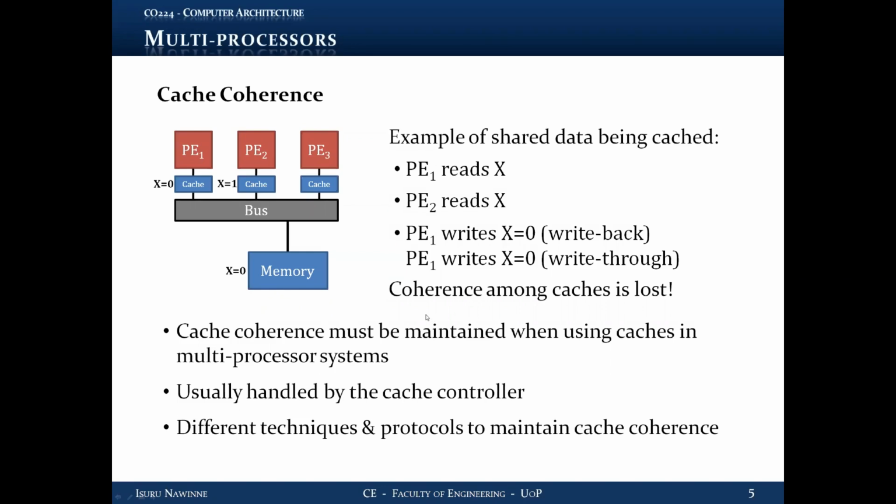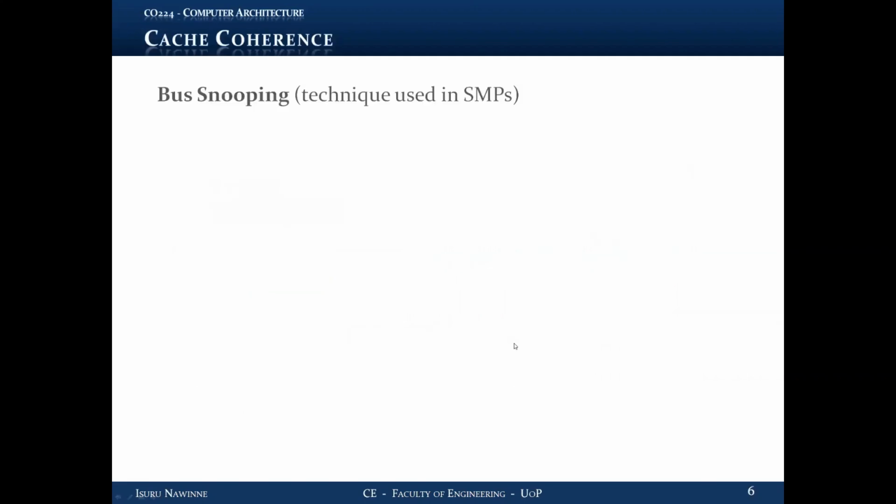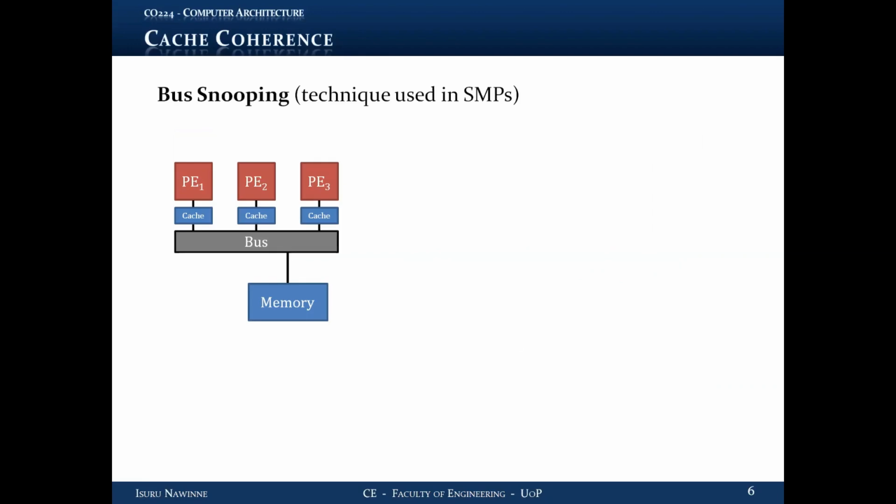Right? So the maintaining of coherence is usually handled by the cache controller. There are different techniques and protocols we can use to maintain cache coherence among these multiprocessor caches. We will have a look at some of the very common approaches. One of the basic approaches to maintain cache coherence is called bus snooping, right? It's a technique used in SMP, symmetric multiprocessors,